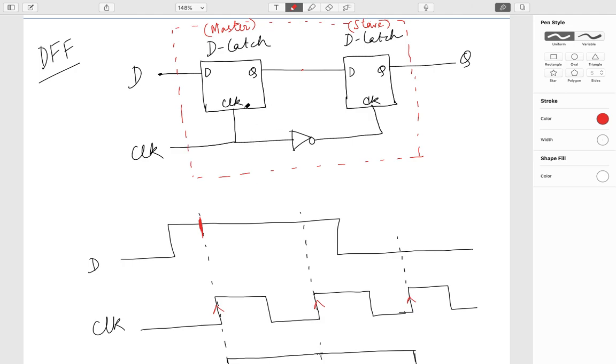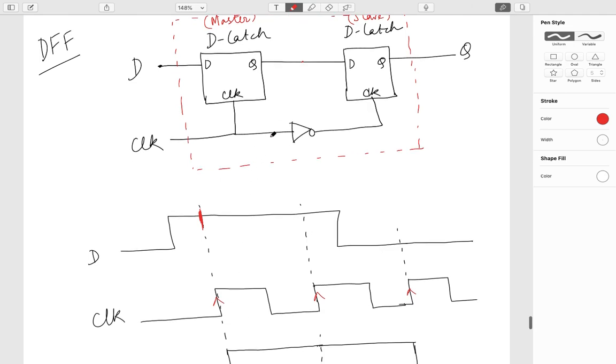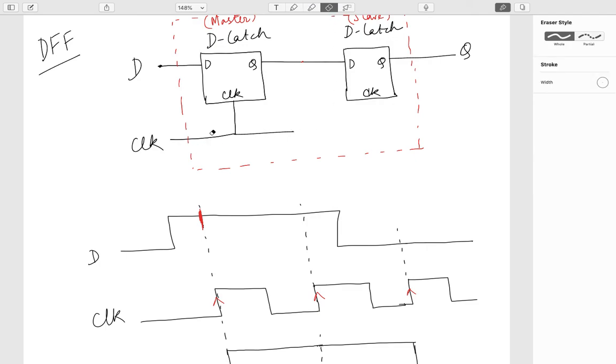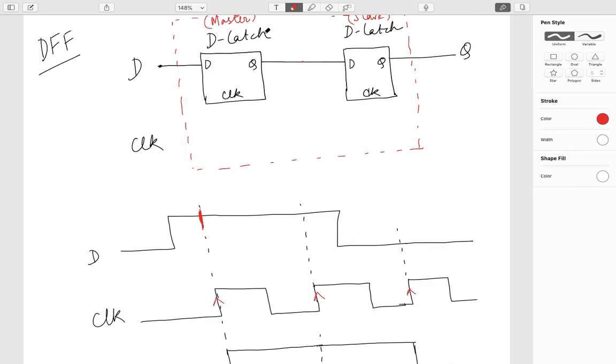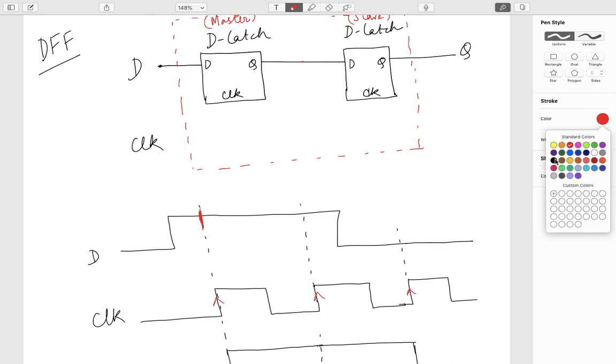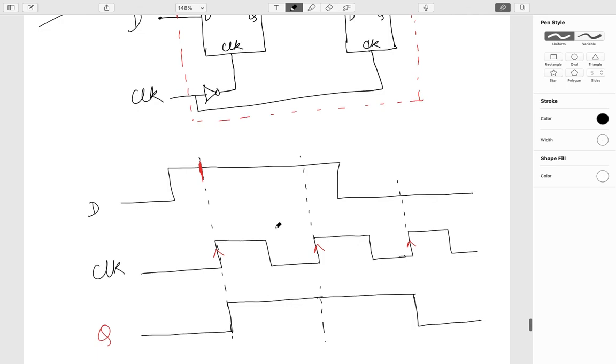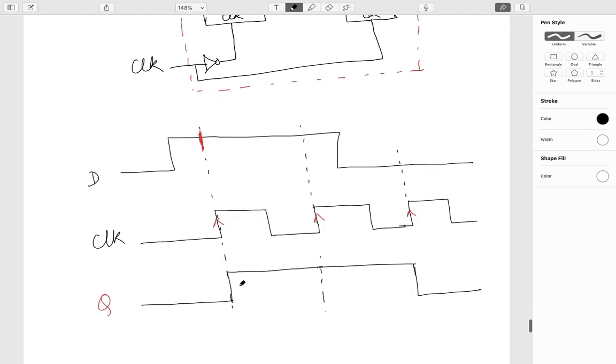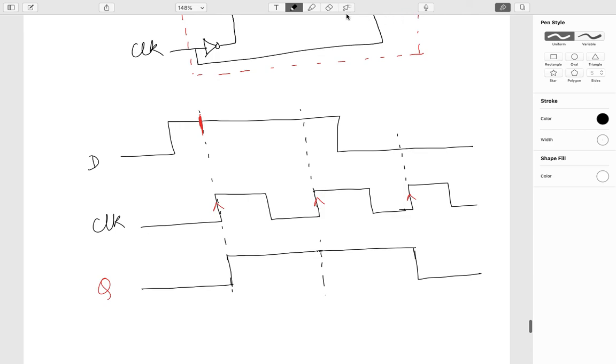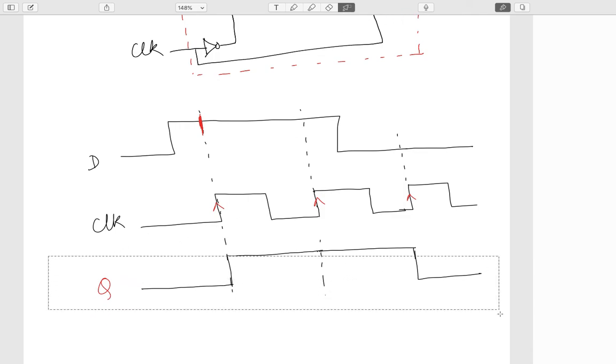Sorry, I have drawn the diagram of a negative edge trigger. I take it back. So clock will be coming here and clock bar will be going here. So this is clock, and if I draw my clock bar,